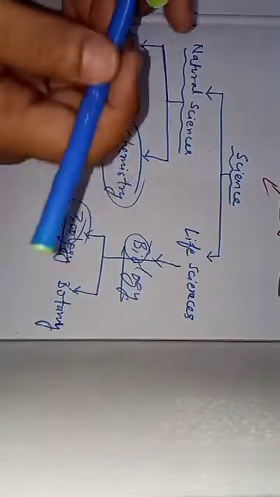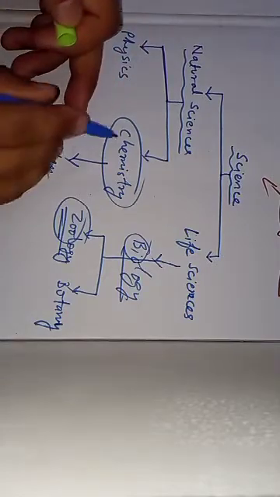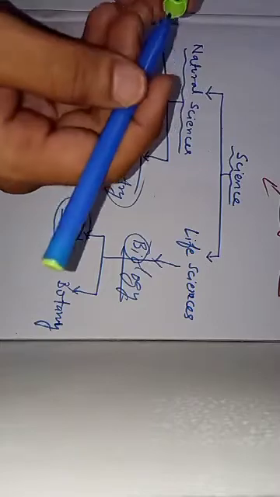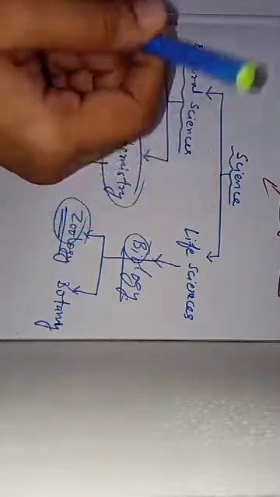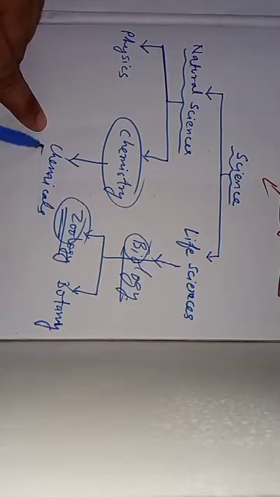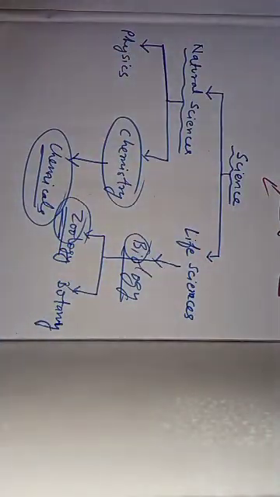Okay, so in chemistry we study basically about chemicals. That's why the name is chemi. It's coming from the Arabic word kimia. Okay, kimia means chemicals in Arabic. So we study basically about chemicals, and the main application of chemistry is making chemicals. Okay, the main application of chemistry is like that only.